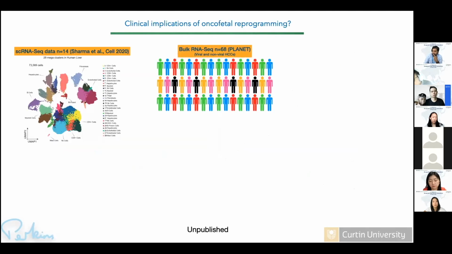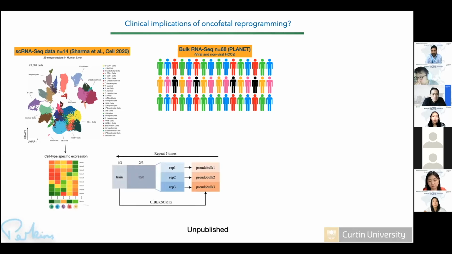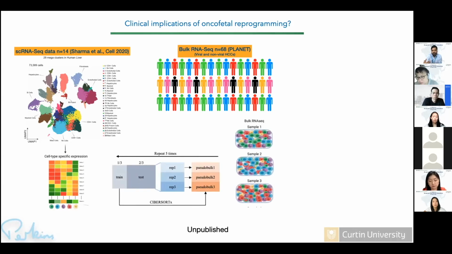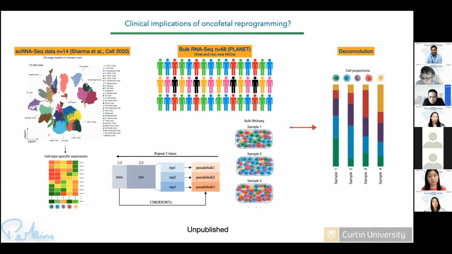So what we did next is that, once the data was published, Shinchi and Pierce were very generous in sharing this data with us. So we combined our single cell RNA-seq data with this bulk RNA-seq, and we tried to use some of the algorithms such as CIBERSORTx, to deconvolute this bulk RNA-seq data to see which cell types are present. As you know, we cannot do single cell in a lot of patients, and single cell is more of a prospective study. So we tried to deconvolute this bulk RNA-seq data, which has a more mature cohort, and we know what happened to the patients in terms of response.